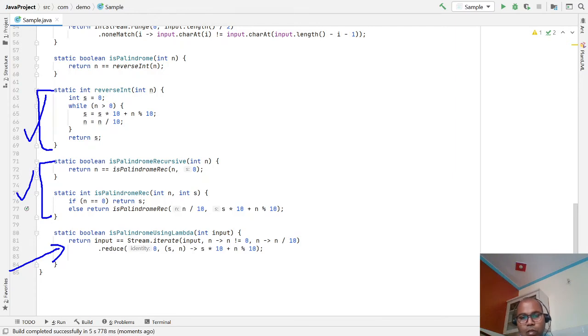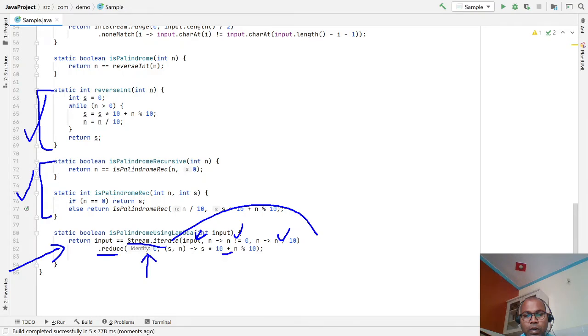In the lambda expression, the Java Stream class provides a kind of infinite iterator. This is your condition until which the loop goes on. This is your increment or decrement. This is your number for which the stream is going on. Okay, so here we just check a reduce method. In the reduce parameter we have passed the identity function, your summation identity.